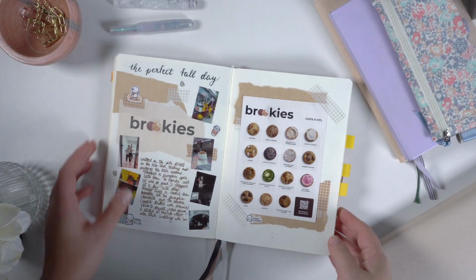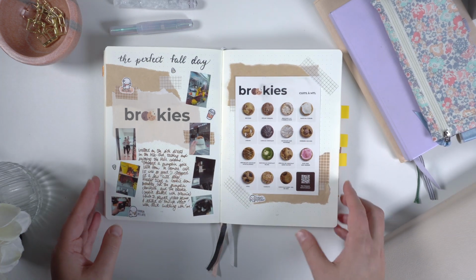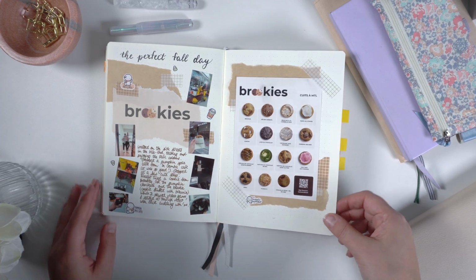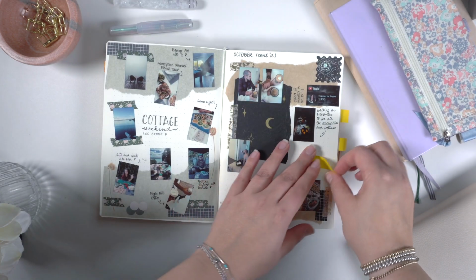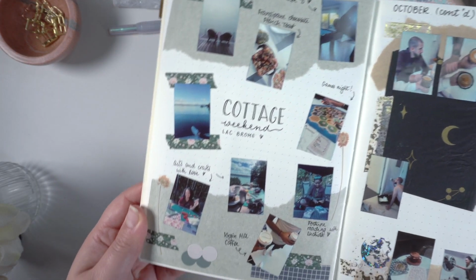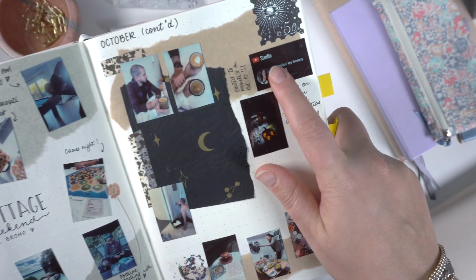It's very fun to commemorate and think back to the simple joys of life, and you know, reminding myself that yeah, I'm living a really beautiful life considering all the stuff that I went through in the past. So created a spread from a memory from going to the cottage with my cousins, and then more good memories,